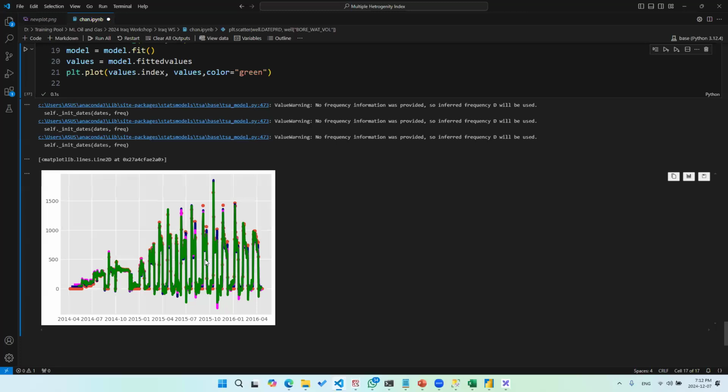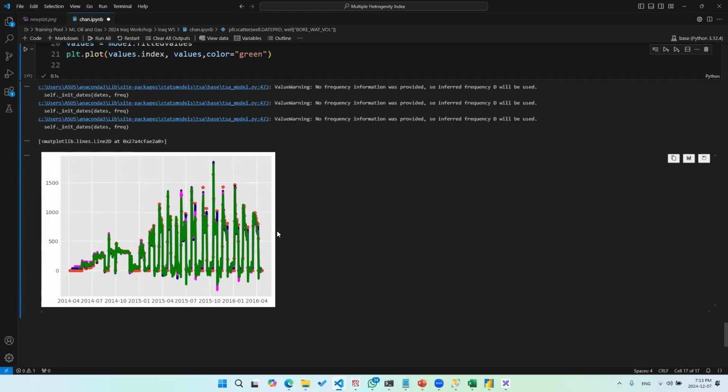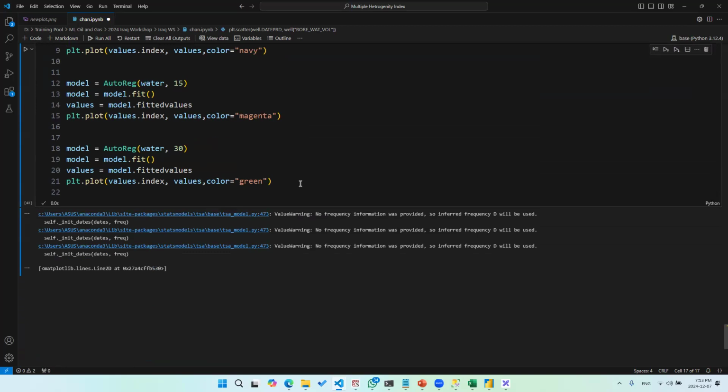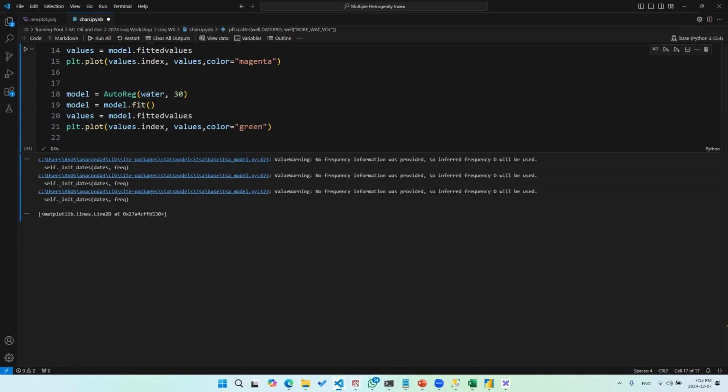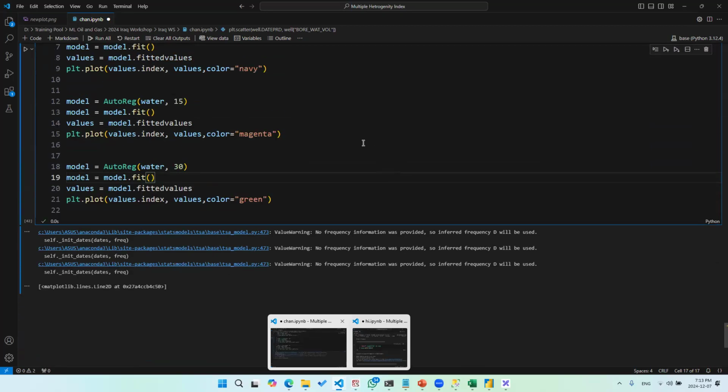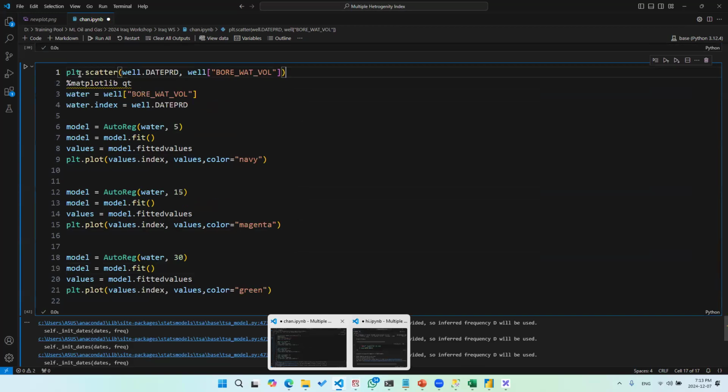So let me show you how we can view this interactively so we can see whether the prediction is doing well or not. We can do an outside plotting using the QT functionality. Let's see. Yeah, for some reason it's not plotting these.